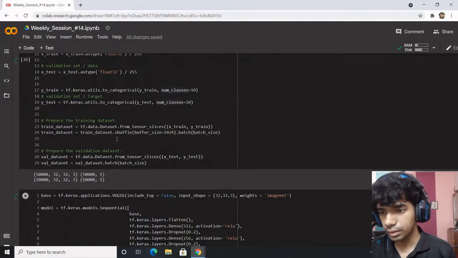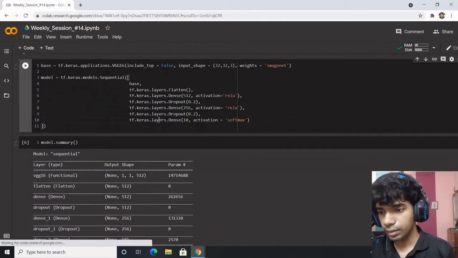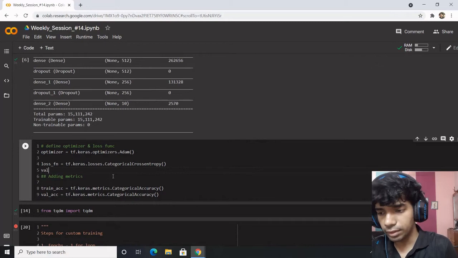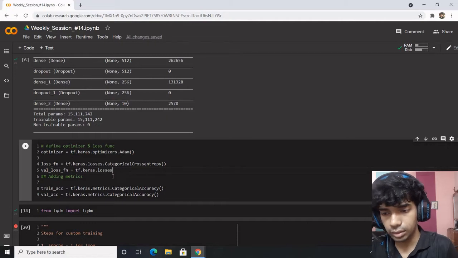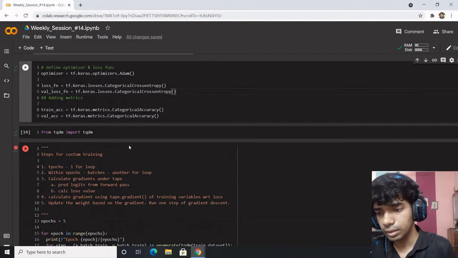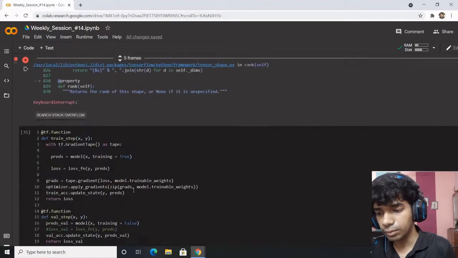Where was I? Yeah. So let's define a validation loss as well. Validation loss function equals tf.keras.losses.CategoricalCrossentropy, and this would be fun to implement.